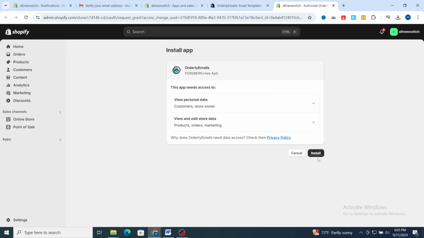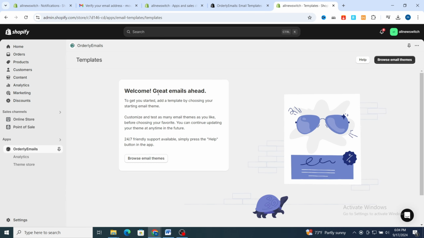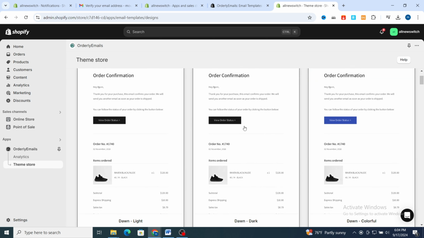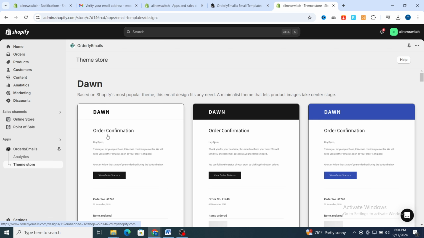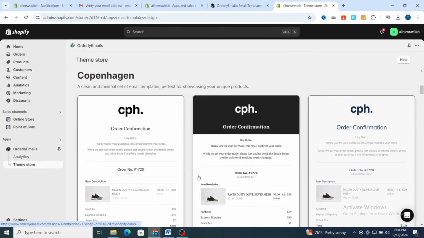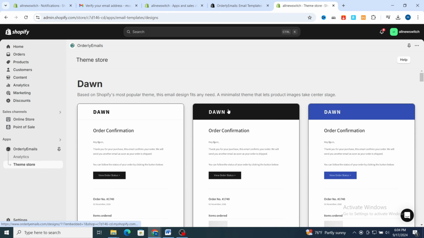Then guys, hit on install. As you see guys, it's very easy to install this application on your Shopify account. Then it takes a few seconds. This is the dashboard of your application. Welcome, great emails ahead. Browse your email theme. Just guys, first you need to select your theme, that I prefer to choose the Dawn theme. For example, which confirmation template that you want, this one or any one, just select which one that you want. I prefer the Dawn theme because the Dawn theme is on my Shopify, just hit on this